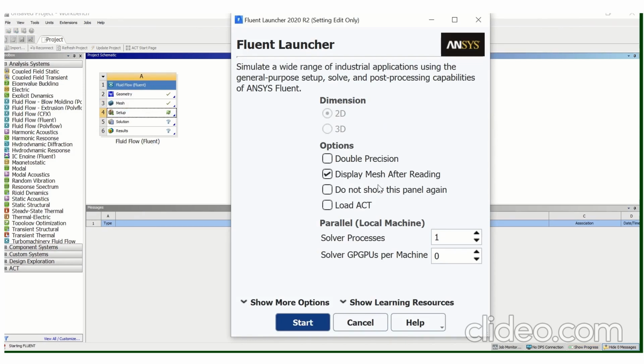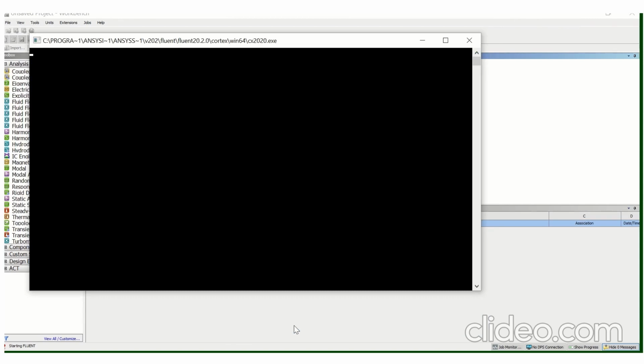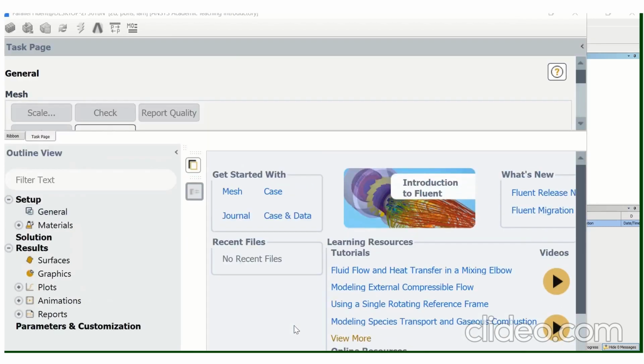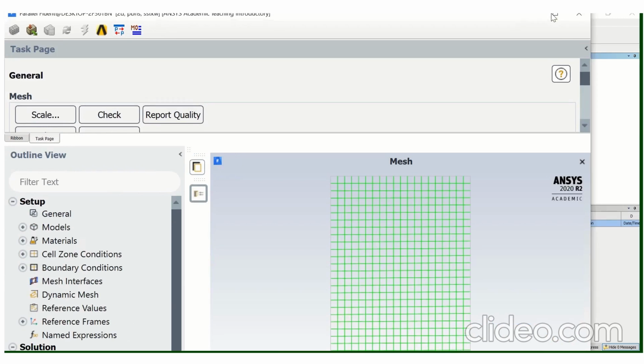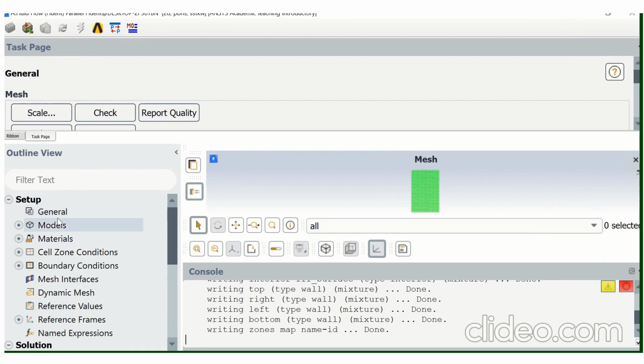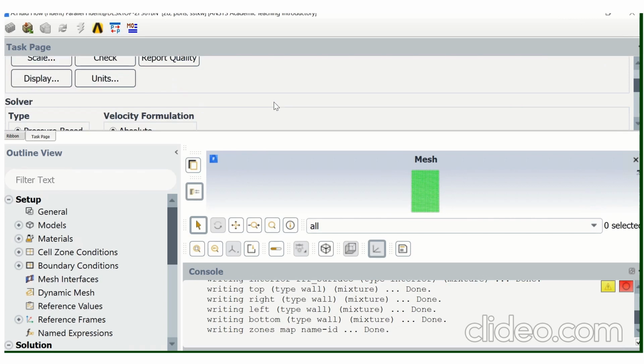Everything else remains as it is, so you have to click on start. This kind of tab will pop up. First go to general.